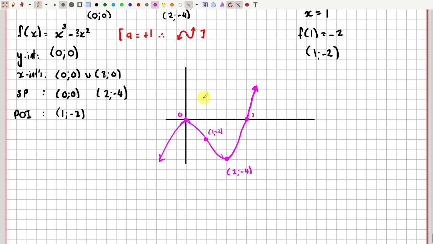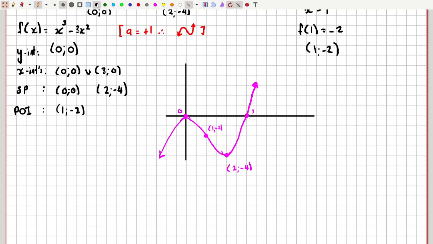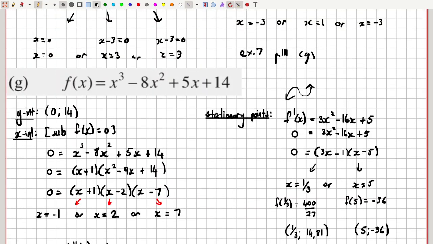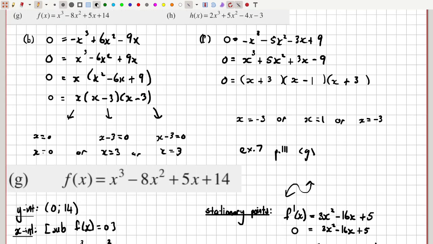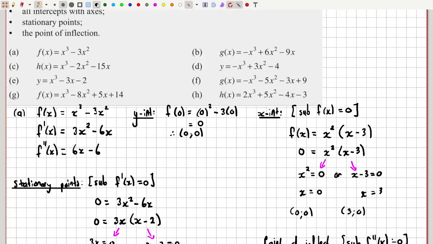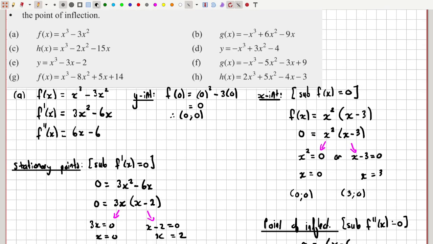Okay, so for the next couple, I'm just going to do it a bit quicker, but you get the general gist of it. I'll spend some time with the x-intercepts because that's something new, but we did look at the x-intercepts for B as well as G and F. So for B, I'm not going to spend too much time on that. We'll just be looking at what we need to draw it. So it's minus x to the power of 3 plus 6x to the power of 2 minus 9x. So to draw this function,